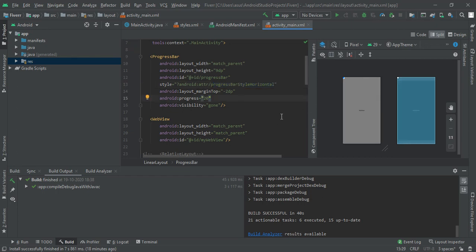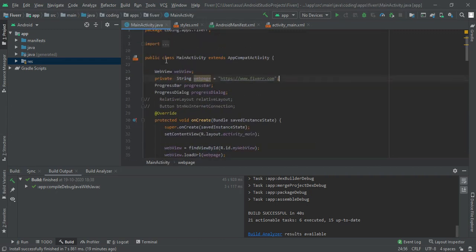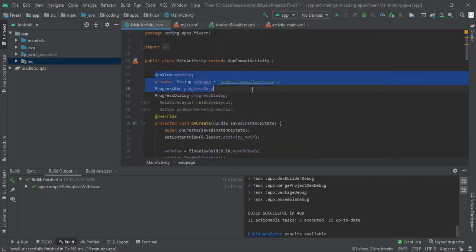So the change we have to make is to convert the progress bar style to progress bar style horizontal. After that, we had already added our internet permission, and on main activity we had declared our web view, our website, progress bar, and progress dialog.